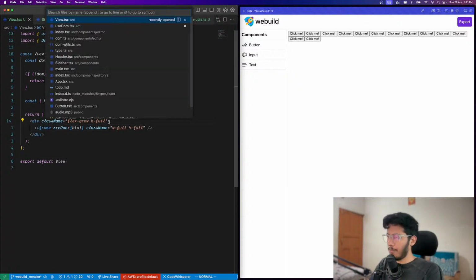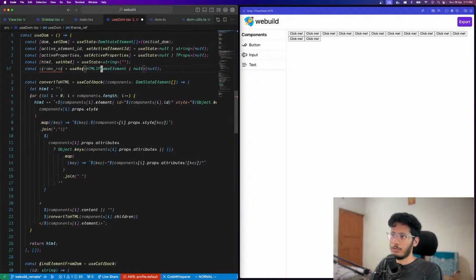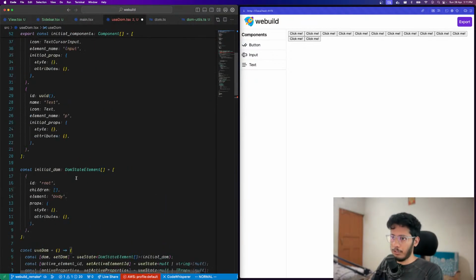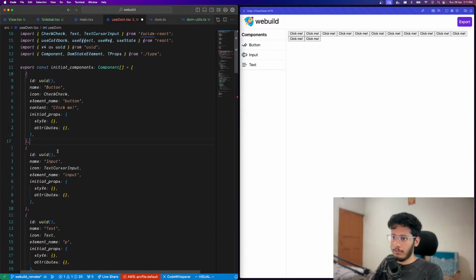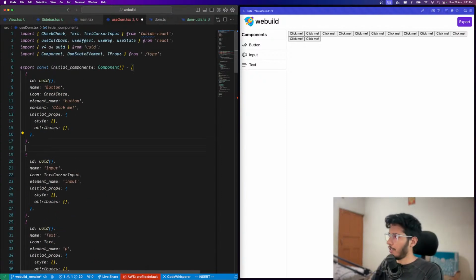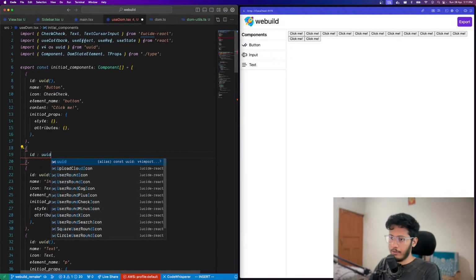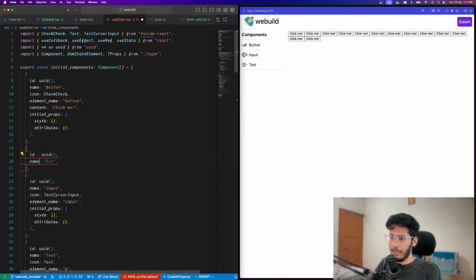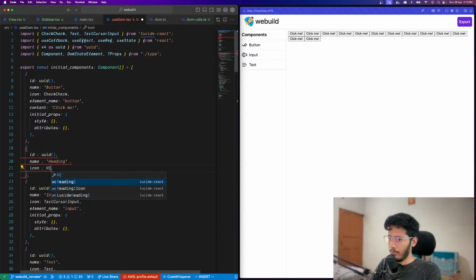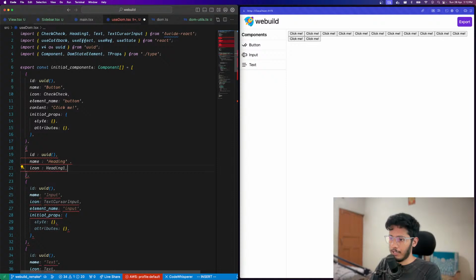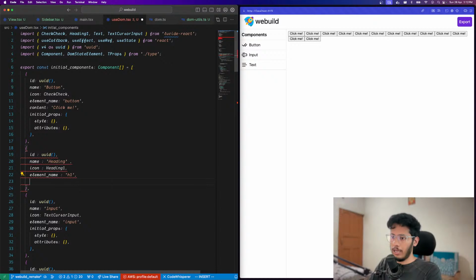Also, let's increase the amount of components we have. So let's go to use DOM and let's have other components as well. So we have this one. We could have an H1, I guess. We don't have that. So we could have an ID, we can call it UID, and we can have name as heading, and then element name. Icon could be H1, heading one. Oh, we have H1. That's insane. Great. So then we want the element name to be H1, and then content